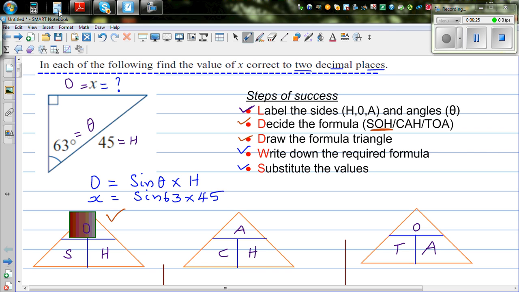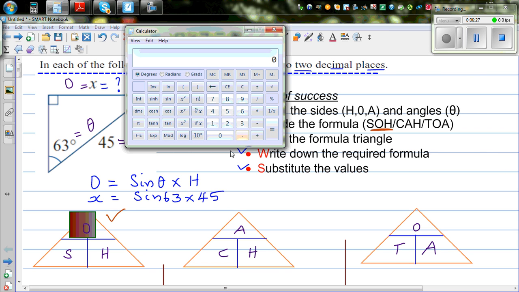So I've got a scientific calculator. In a scientific calculator, you press 63 first. This should be set in degrees. So 63 then sine. In some calculators, you can press sine 63. Can you see? It is sine in degrees. So sine 63 is 0.89, this is the whole number. Times, this is the times key, times 45, equals